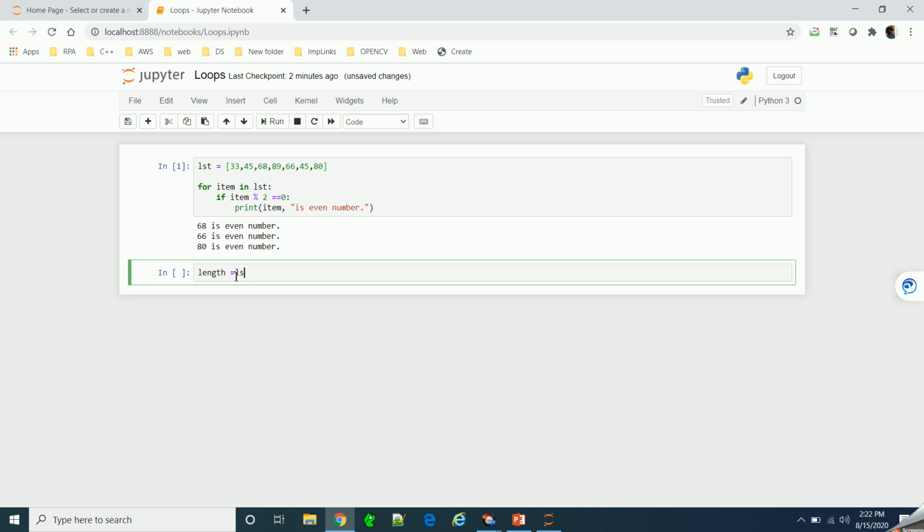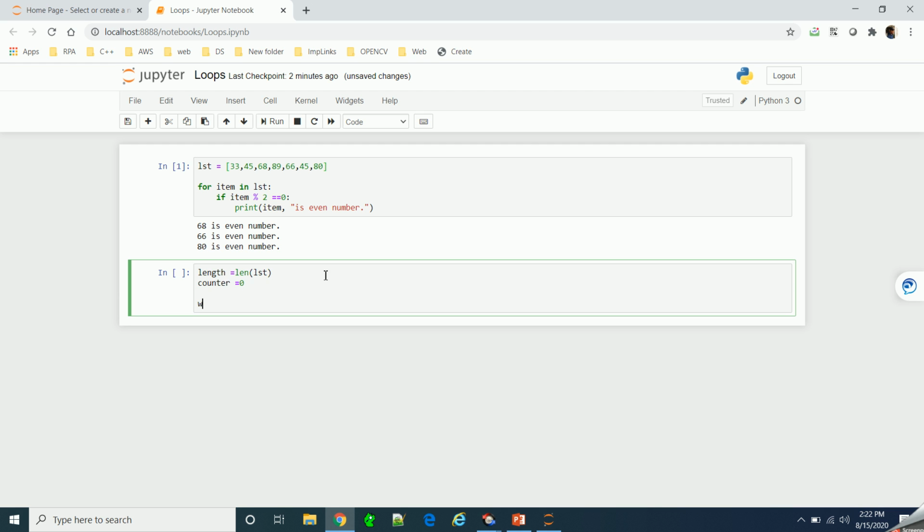So we'll find length using a function called len, and we'll pass the list as an argument, and we'll also create a variable called counter which we assign 0. Now we'll use while loop. So here we have to give a condition. Our condition will be that counter is less than length. Okay, if it is less than, then we will check if list of counter